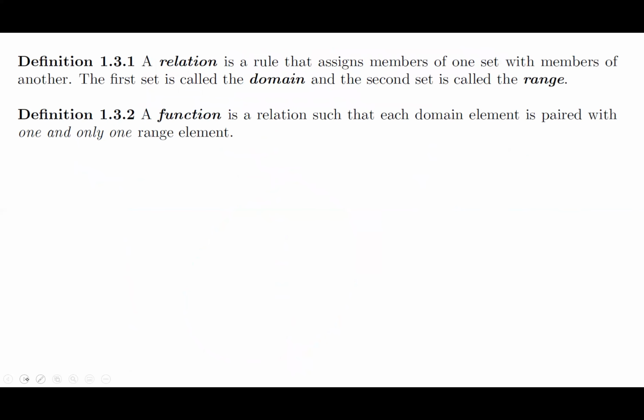All right. So here's some definitions. A relation is a rule that assigns members of one set with members of another. The first set is called the domain, and the second is called the range. In other words, you got a set of numbers on one side, a set of numbers on the other, and you're just matching them up. That's a relation. A function is a relation such that each domain element is paired with one and only one range element. In other words,